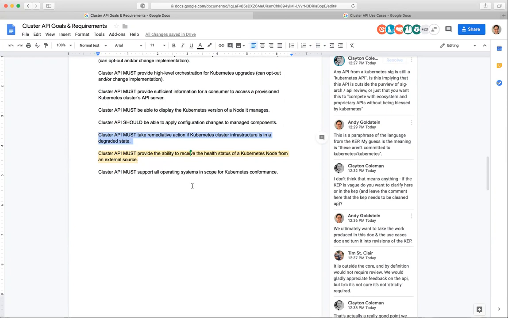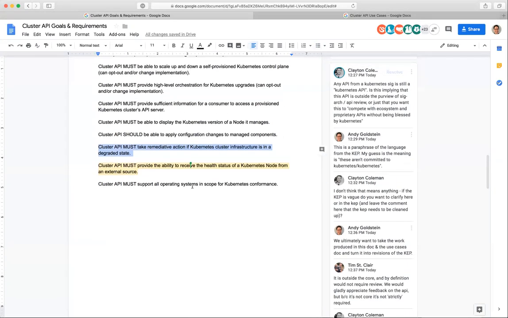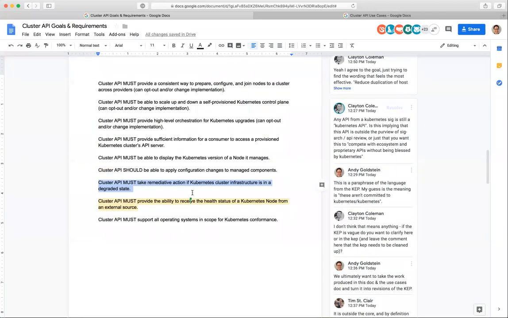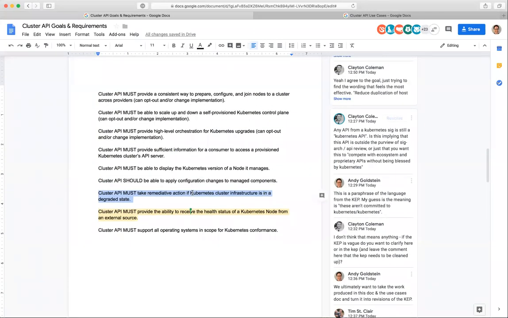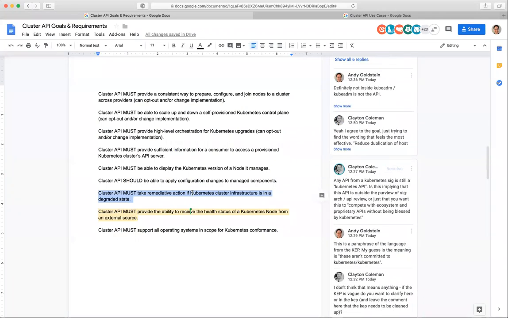Sorry. Yep. Does that also include things like, let's say the kubelet crashes, something file system level, it's not infrastructure layer, but it has to do with the node itself or applications or storage? Maybe I'm getting into the realm of the node problem detector space, but I'm just sort of curious here. I think it's worth discussing. I don't know exactly what the breadth or depth is there. We had a few different variations for the wording on this one, but how about if we come back to it? Yep, that's fine. I can leave a comment as well.